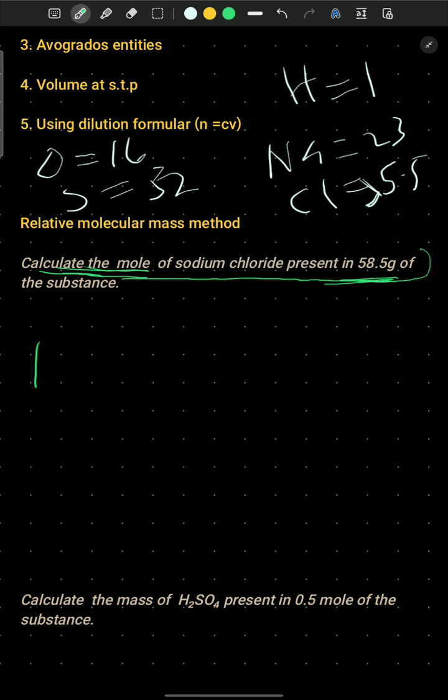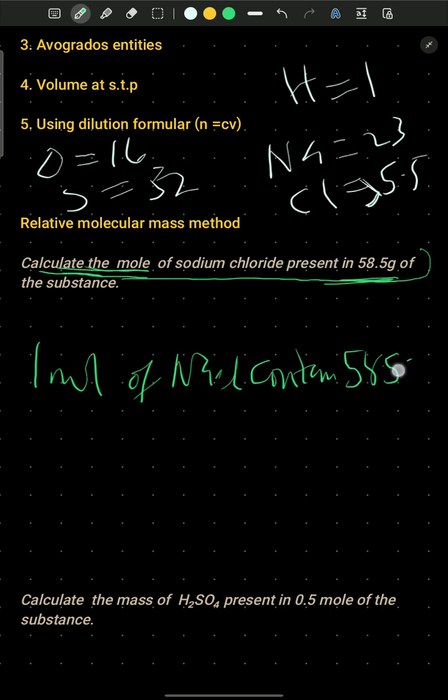You can then put it in words and say 1 mole of sodium chloride contains 58.5 gram. This one requires you forming words by yourself. Then you say that x mole of sodium chloride will contain, so you don't know, so